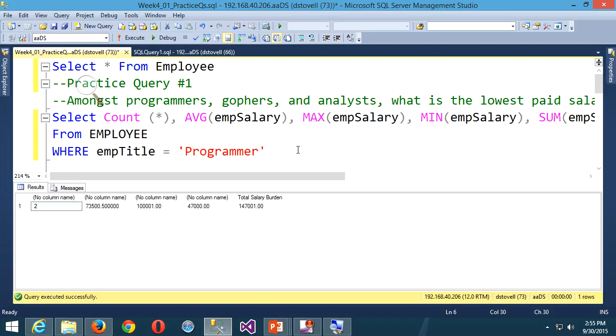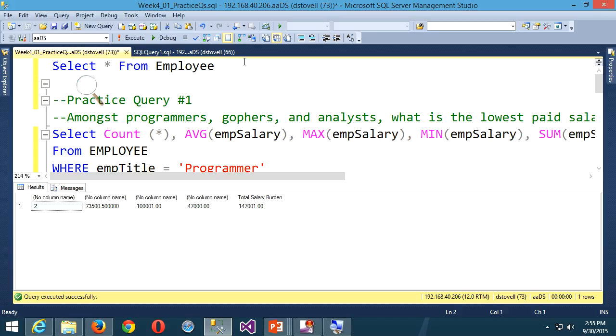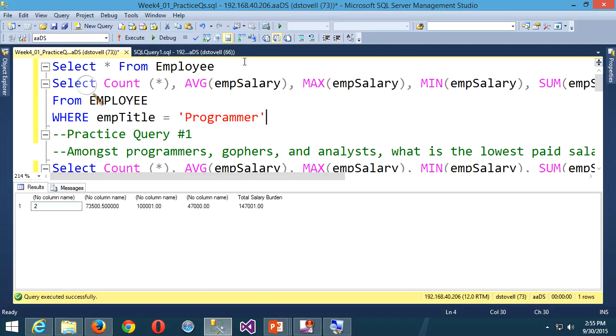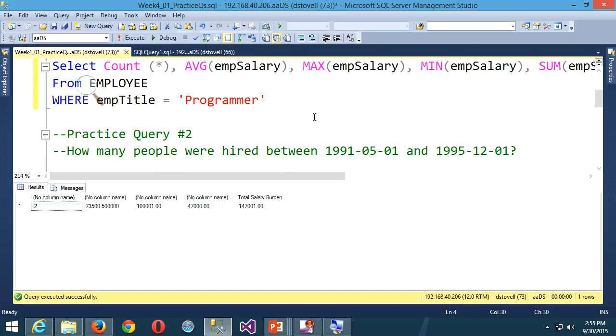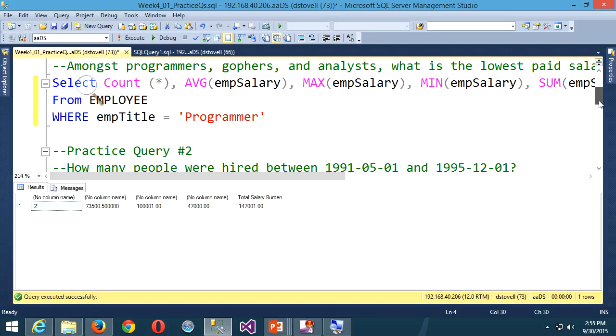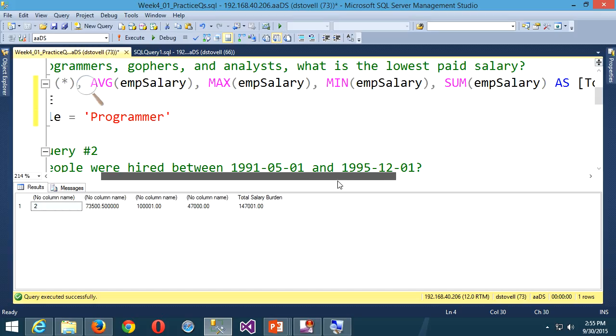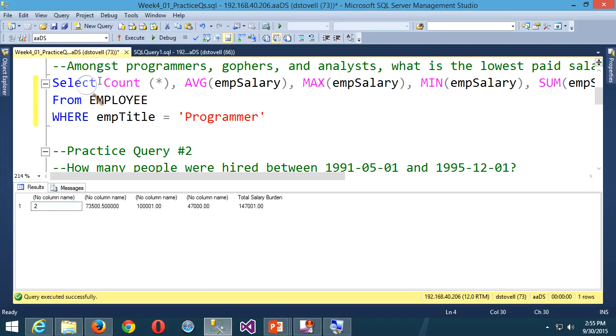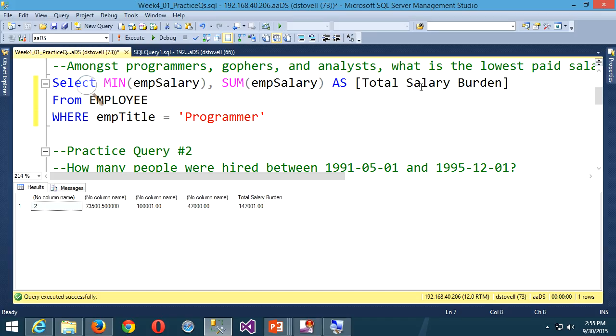All right, well, with that example, maybe I'll move that example up here because it might come in handy later on to steal from. And I'm going to come back down and focus on the actual question. Our question was, amongst programmers, gophers, and analysts, what is the lowest paid salary, right? Well, which aggregate function do you think I should use here to find the lowest salary? Min, for sure, right? So I don't need all these others. I'm just going to keep that one, the minimum salary,